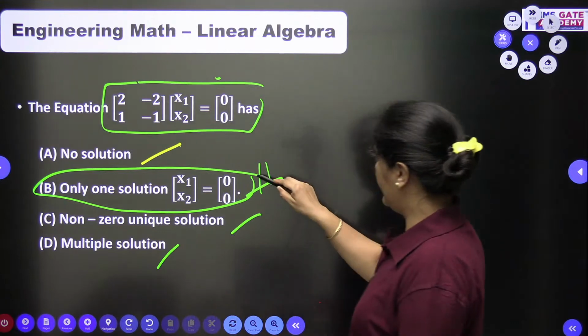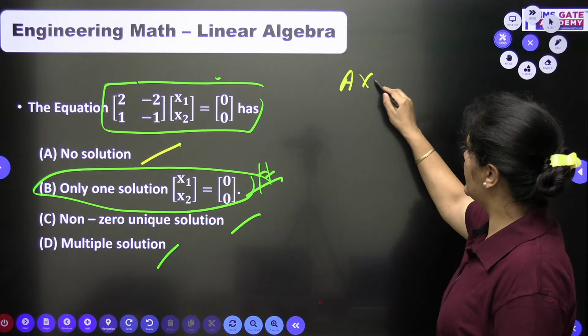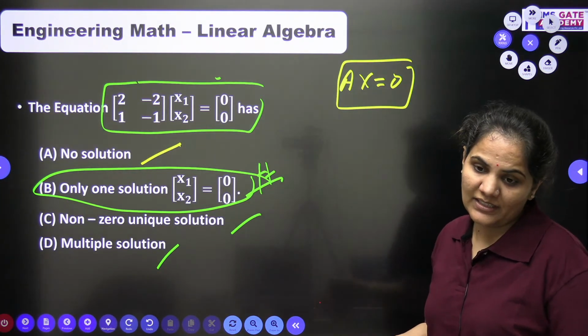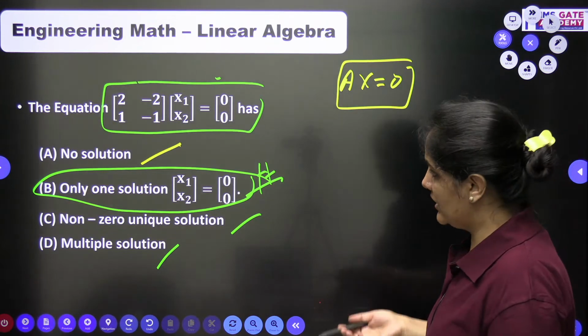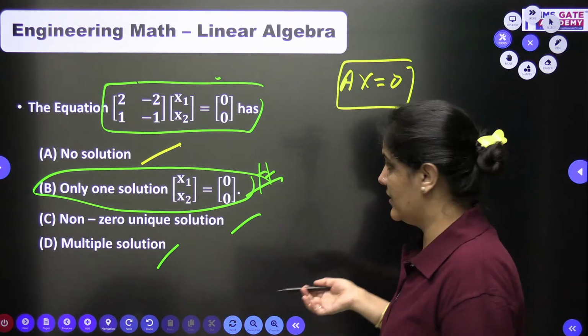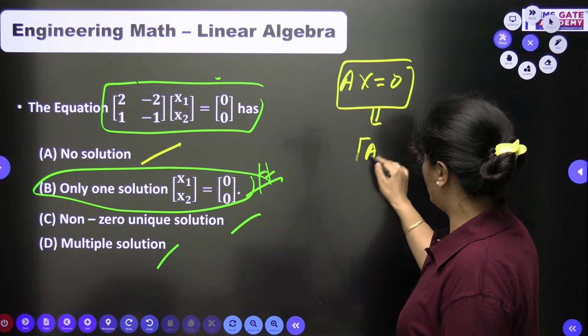How to write down, how to approach it. So we can see first of all, this is a homogeneous system of equations, Ax is equal to 0. I need to check whether it is having no solution, non-zero unique solution, multiple solutions, or only one solution. So what we need to do, we will find out the rank of this matrix